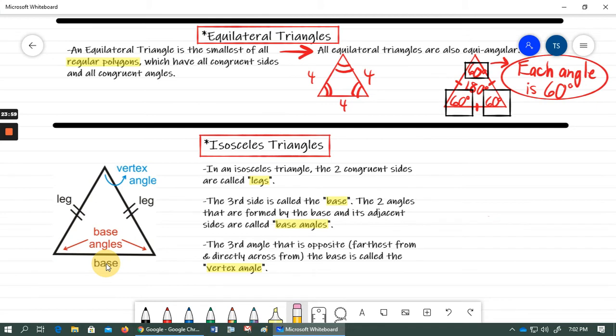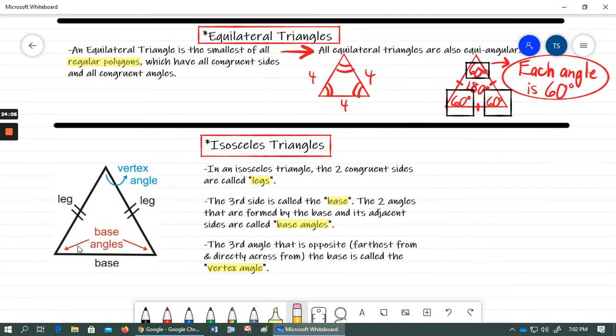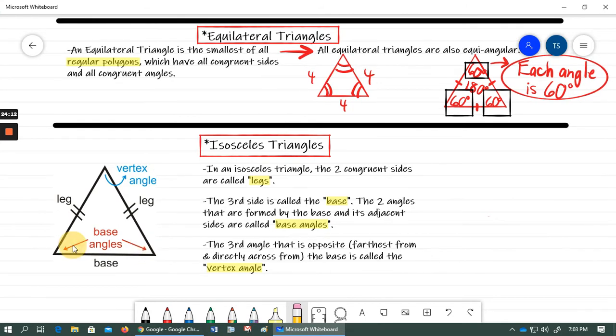You see how the two base angles are the two angles that are the closest to that base, formed by the base and its adjacent sides, and you see directly across from